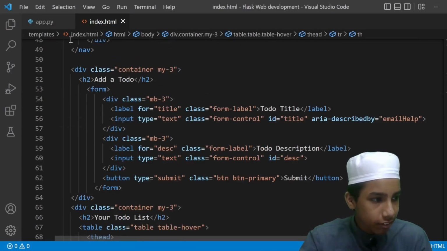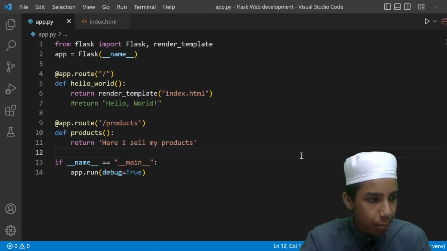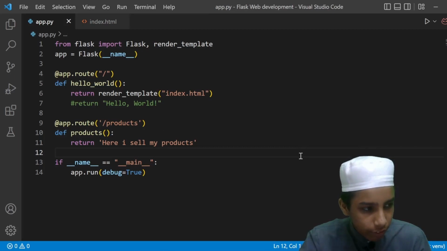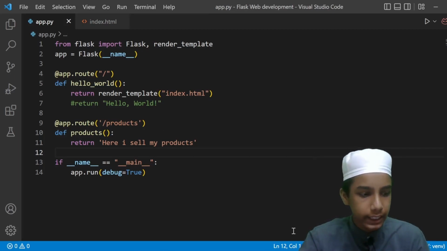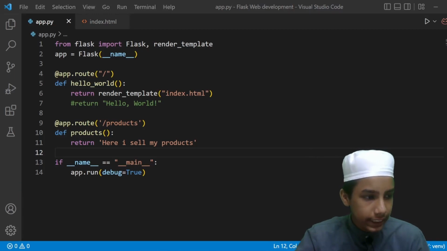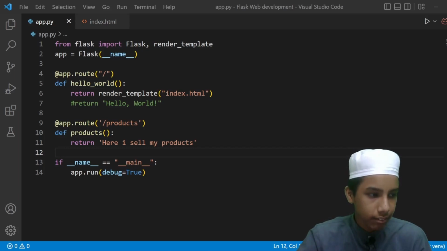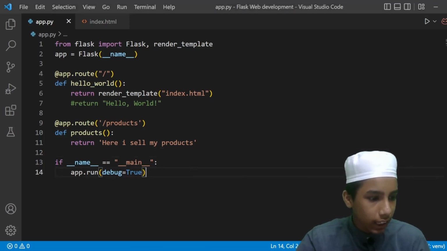So first of all, I'm going to go in the app.py. So first of all, what we have to do is we have to create the SQLite database. As I said, we are not going to create the MySQL database. Because it's pretty much complicated, not that much, we can do it, but it will be some waste of time. So that's why I'm going to use the SQLite database. So first of all,